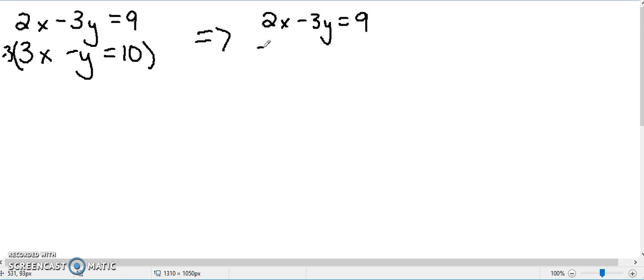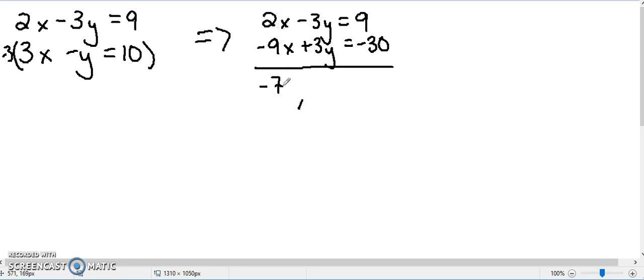and so bottom one becomes negative 9x plus 3y equal to negative 30. Right there, as we multiply that negative 3 through. And so I wanted it to be negative 3 because now here my coefficients on my y's are the same. They're both 3, but they have opposite signs. And that's important because now as I'm adding these together, I end up negative 7x here, but these will cancel off. Negative 3 plus 3 gives us 0, y right there, and we get rid of that y variable. And then we have 9 minus 30 is negative 21, and we have one equation